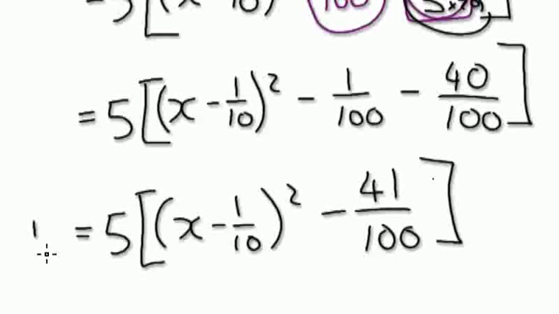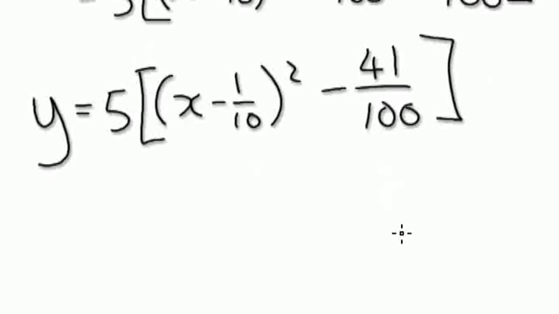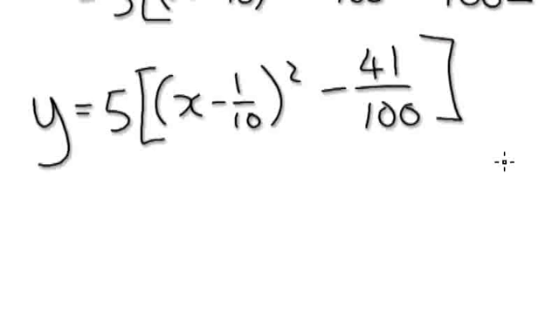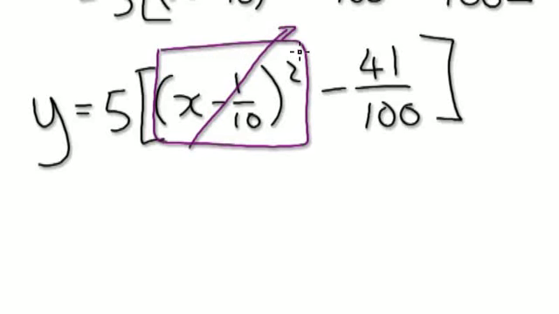Now our equation is y equals this. Looking at this as a whole, what is the smallest possible number that this could be? Just concentrate on this bit here. What's the smallest possible number that this could be? Well, if you make this to be 0, concentrate on getting this to be 0. If this is 0 here, then the square thing will also be 0, because 0 squared is 0. So basically, make this bit here 0. Then the smallest term will be minus 41